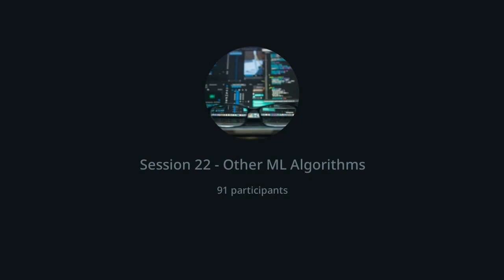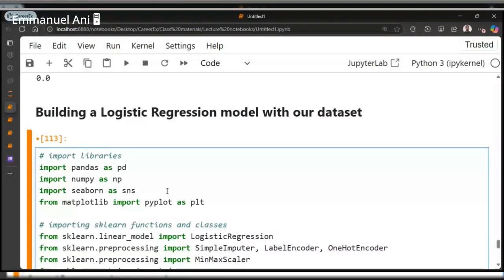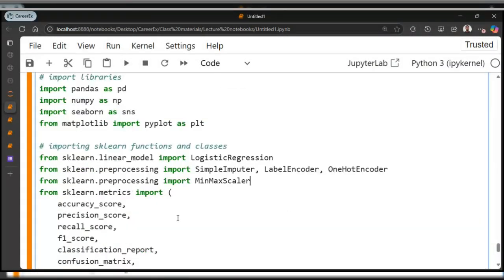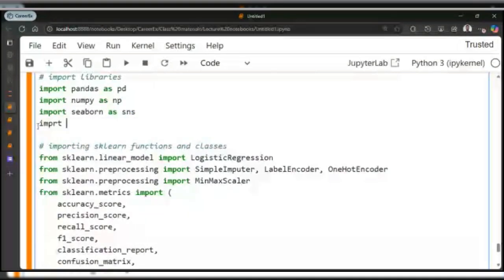So you can see how neat my import libraries are. Let me just make this import matplotlib pyplot.